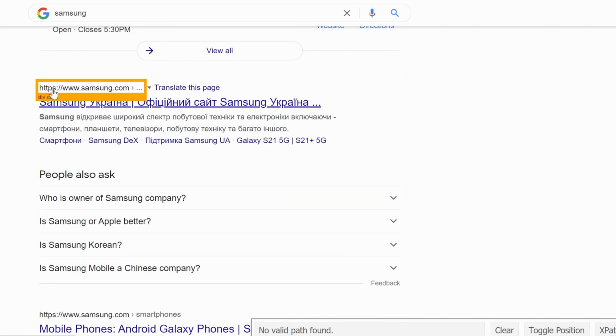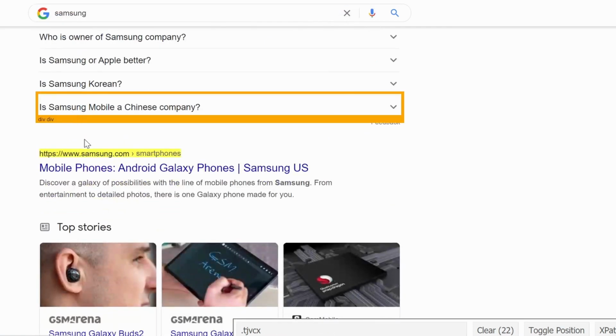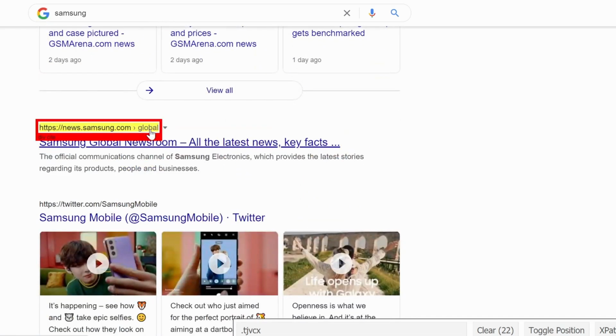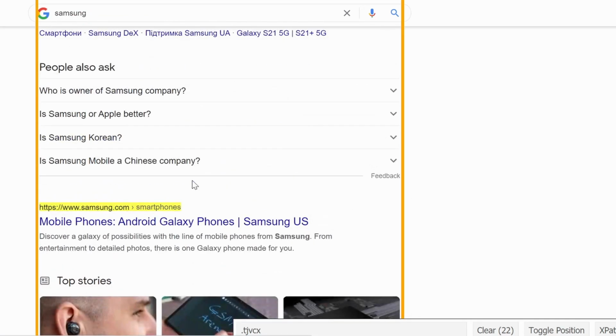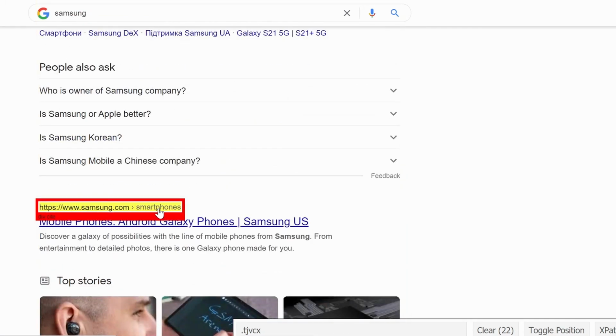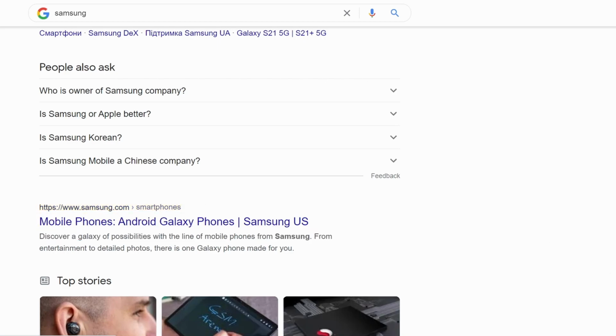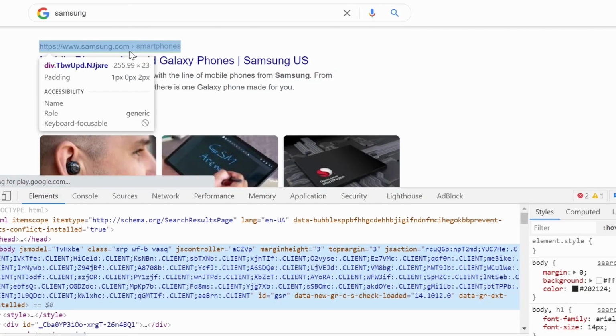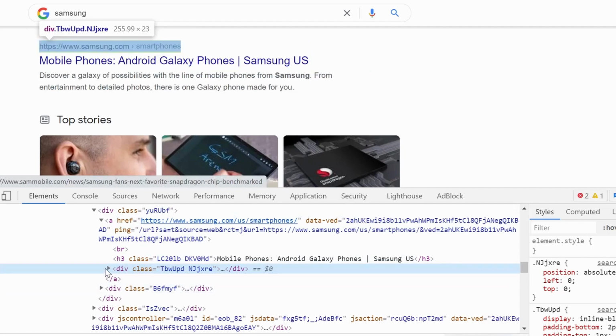In order to get this link, we just click on it once, but as you can see, it doesn't grab only this link. It also includes this smartphone word into the account, and here global and also this arrow. We only need this link. In this particular example, I don't use SelectorGadget to grab this link because it's much simpler for me to open DevTools, locate this element, and here,